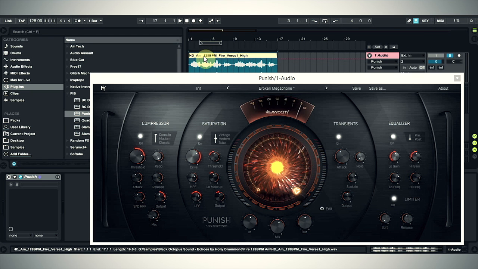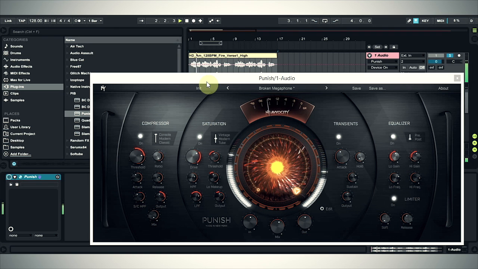I got this vocal back here. Fire's burning all around, ashes falling to the ground. And if I turn on Punish now with the Broken Megaphone preset, Fire's burning all around, ashes falling to the